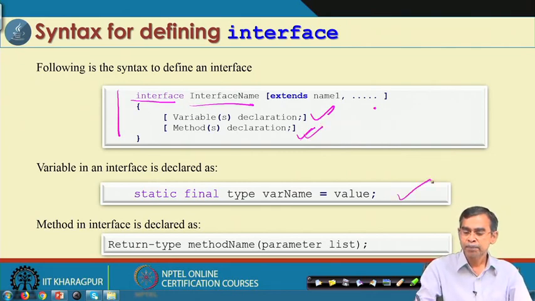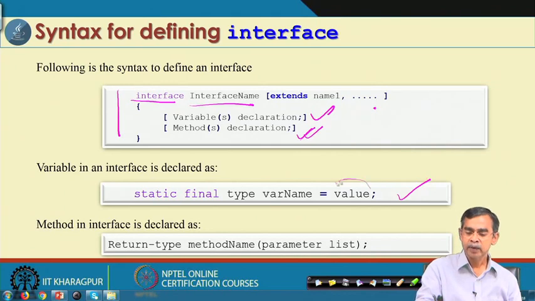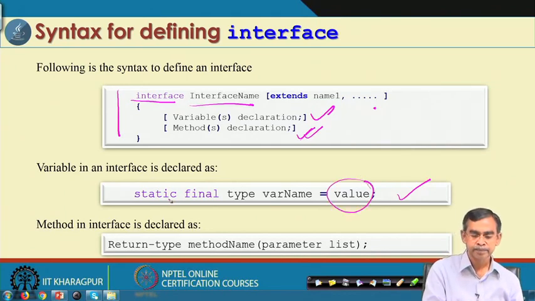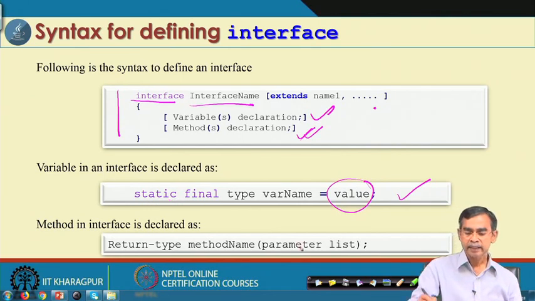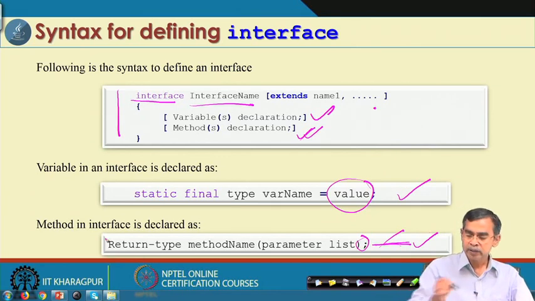This is an example of how a variable or member in an interface looks, and once the value is assigned, it will remain so; you cannot change it because it is static. And then there is a return type, and you can see only a semicolon, no body after this declaration. That means this method is declared as an abstract method, and the public keyword is there by default.